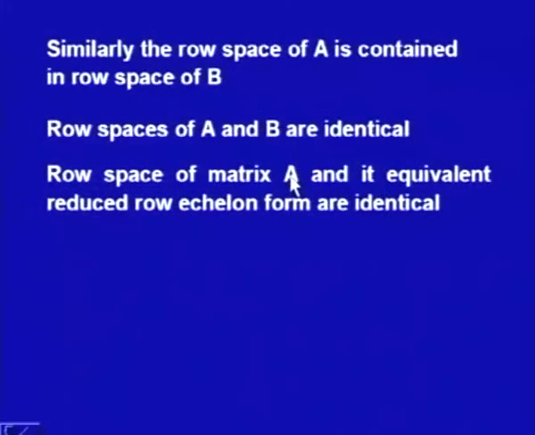To find the rank of a matrix A, we can find the rank of its equivalent reduced row echelon form, and whatever the rank of the reduced row echelon form, the same rank holds for the matrix A. Finding the rank of this form is simpler than finding the rank of the original matrix, and that is why we reduce matrix A into this form, find its rank, and then say the same is the rank of A. So, this gives us a procedure for finding the row space of a matrix A.